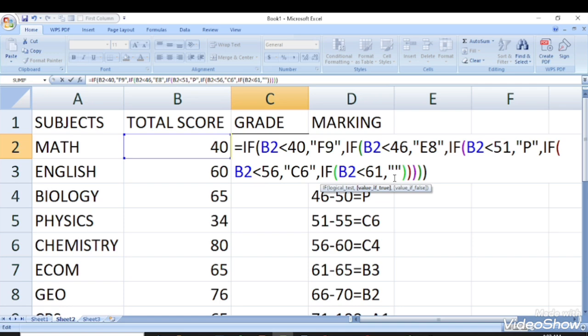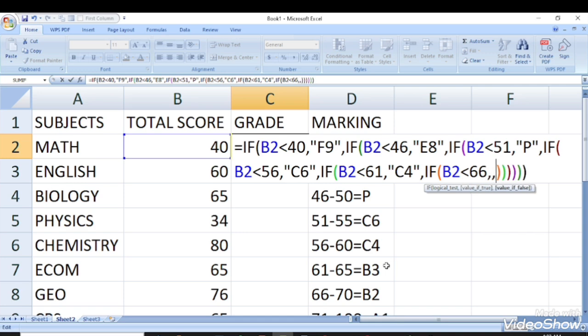I want to get C4. To continue, if B2 is less than, we have gotten 61, we are going for 66. If it's less than 66, what do we get? We get